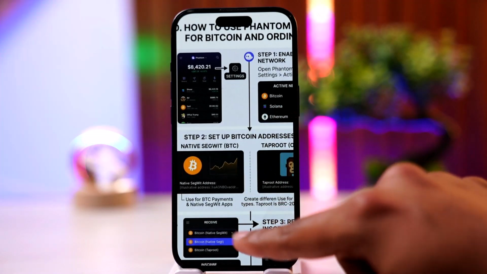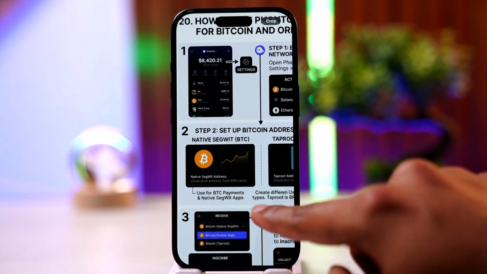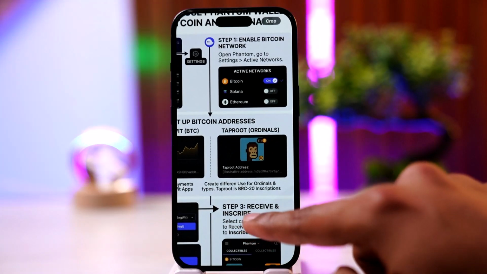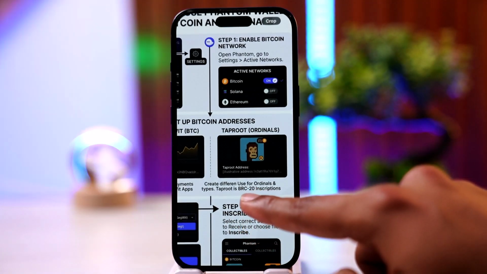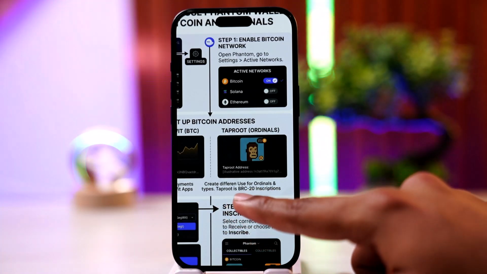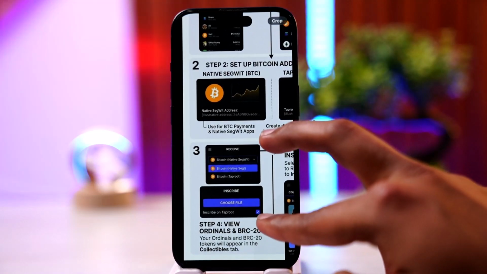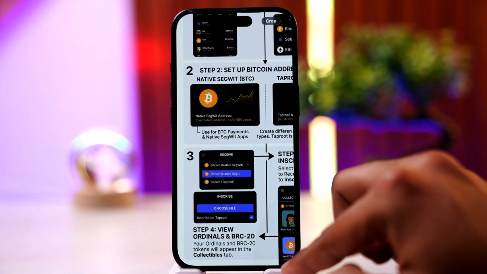So in order to go ahead and do so, use the BTC payments and native SegWit address, and then you can also simply go ahead and create a different one for ordinals and BRC20 inscriptions. All you need to do now is simply go ahead and view the ordinals and BRC20